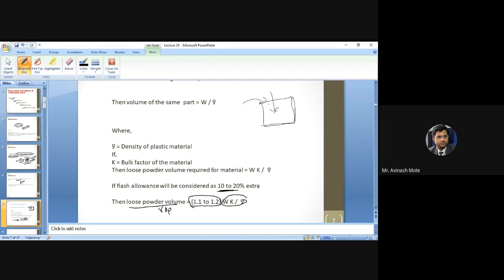Apart from that, to compensate for each and every gap or void, we need 10 to 20% extra material. So the bulk factor is always multiplied by a factor of 1.1 or 1.2. Why? Because we need this extra material to compensate for extra compression or pressure variation.